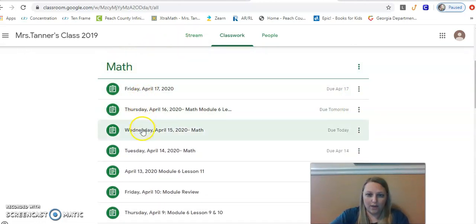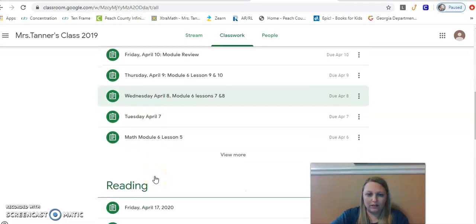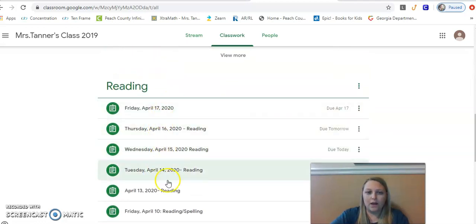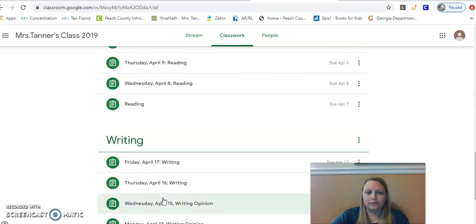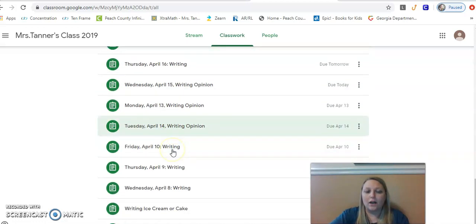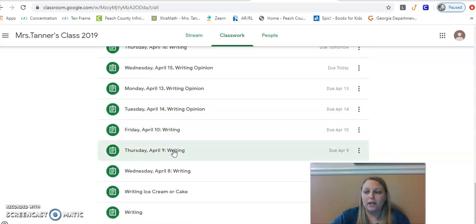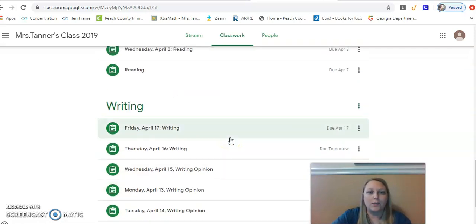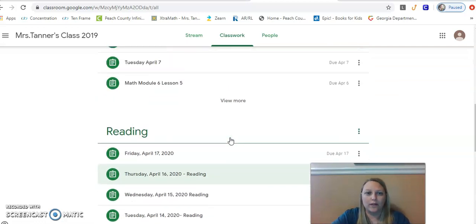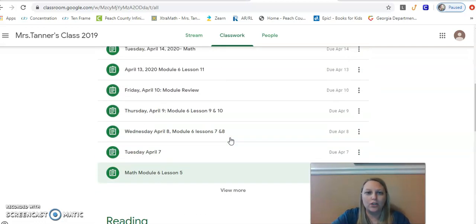Now, these are all of my math assignments. And then all of my reading assignments. Now, as a teacher, I went ahead and posted all my assignments for the entire week so that as a parent, you can work ahead if you want to. I know some parents are doing like a 4-day school week with their kids. That's perfectly fine. Work Monday through Thursday, take Friday off, and do something fun, especially if you can get outside with this beautiful weather. But let me click on one of these, and I'll show you kind of what it